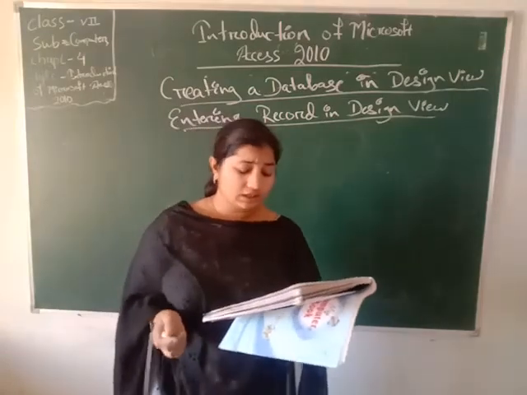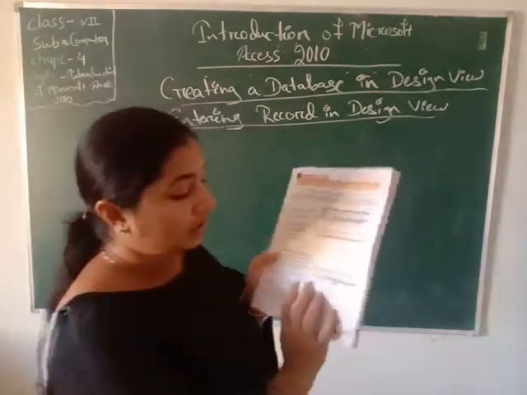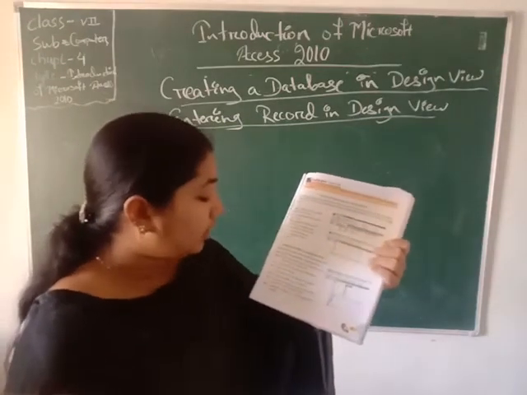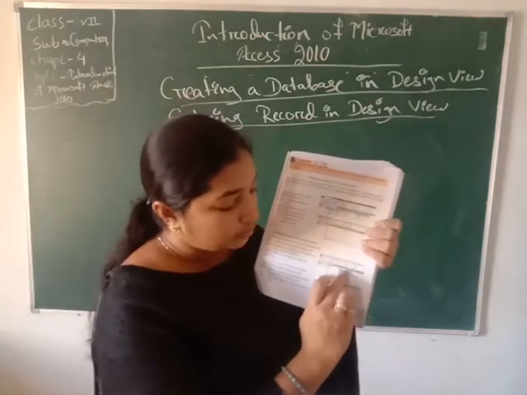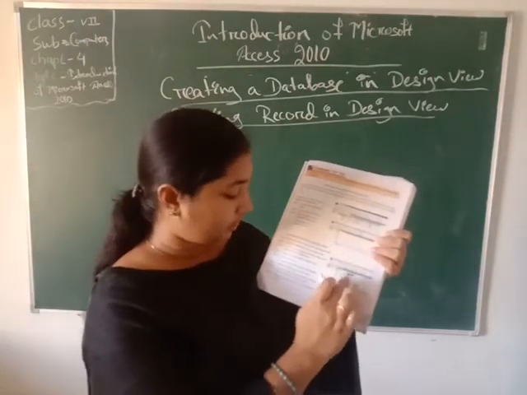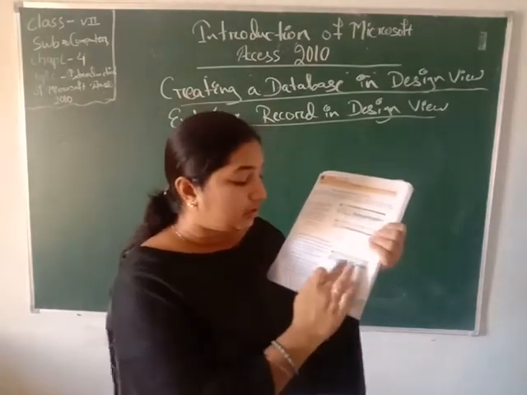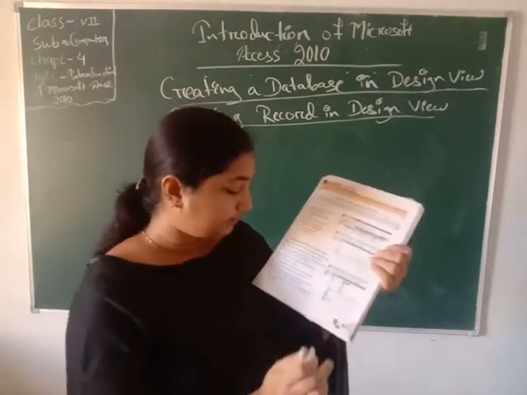After that, click in the cell under Data Type. This is the data type. Here we have to click on the arrow. One drop down box will appear. Here is one small arrow we have to click on, and this drop down menu will appear. Select the data type for the field. Whatever type of data we want to give, we have to select that.